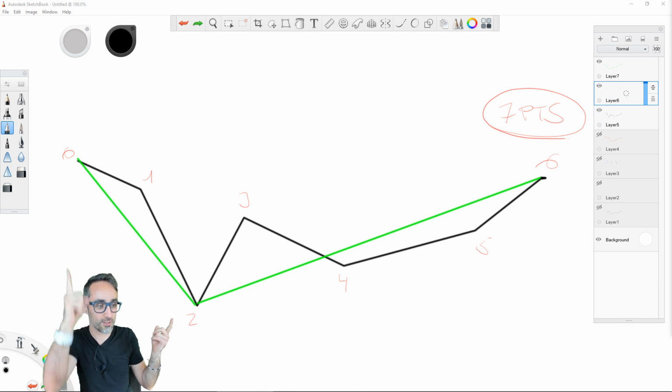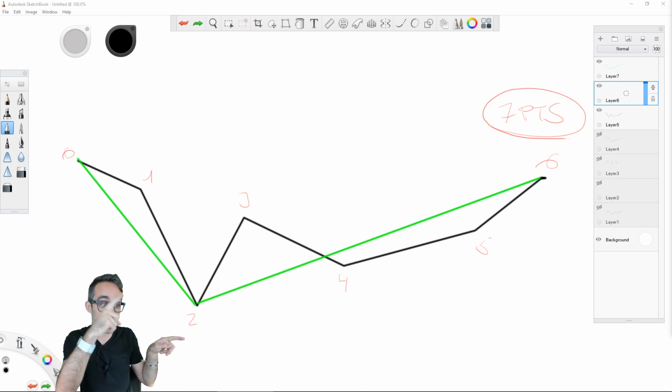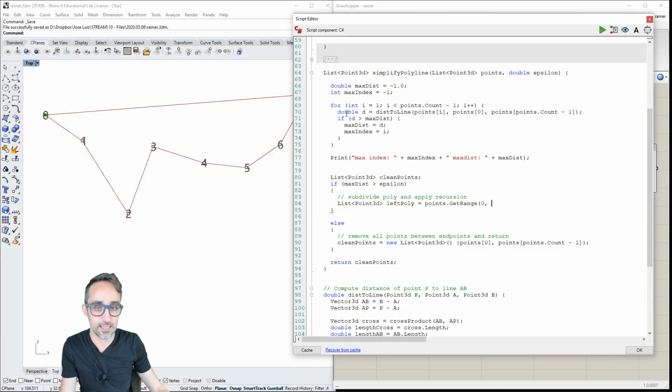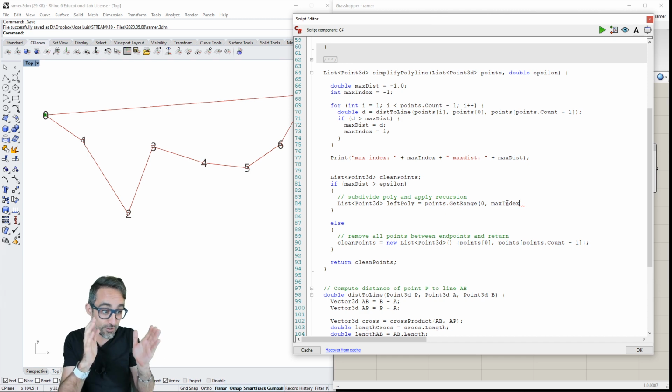So if we want to start at 0 and stop at vertex number 2, we know that we need to take 3 vertices. This means that if I know the index of the vertex that I want to take, I want to take that index plus 1.